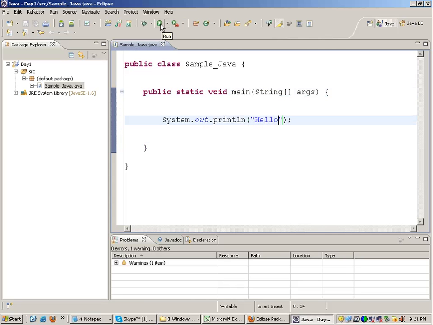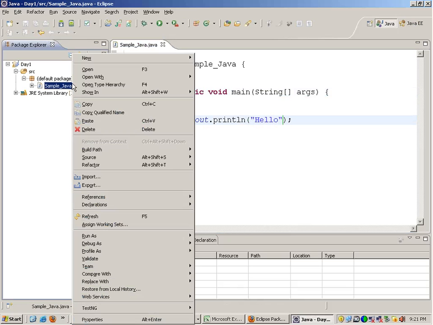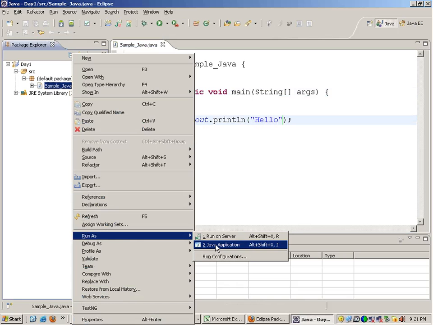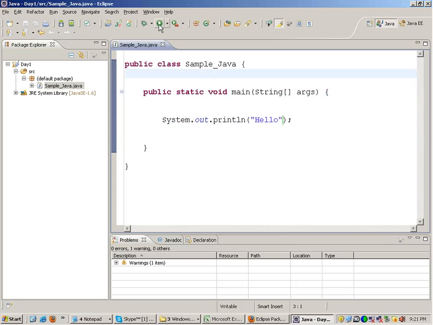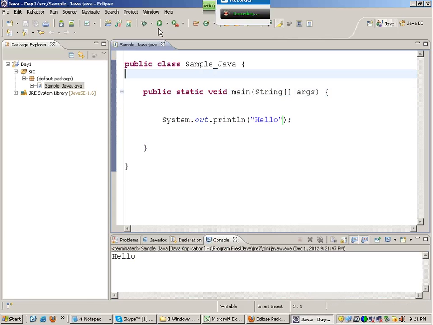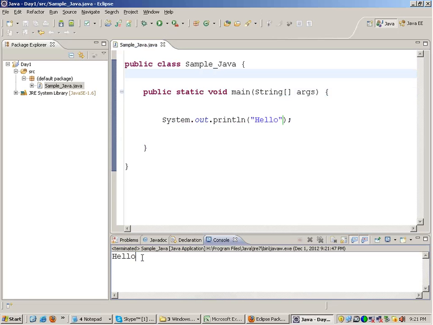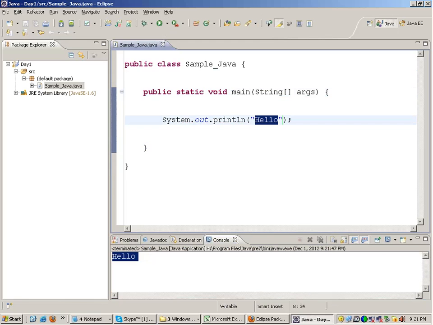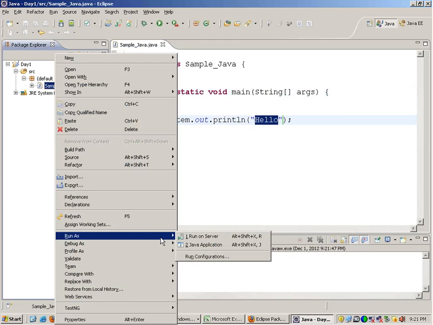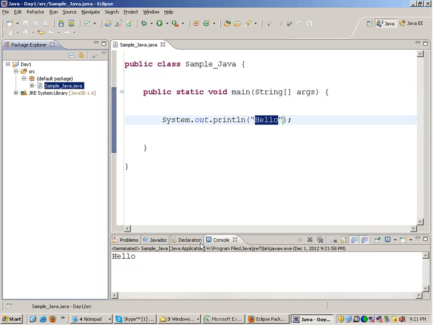You can run the program through the run icon on the top, or you can right click on the file and select run as Java application. You will see hello getting printed.